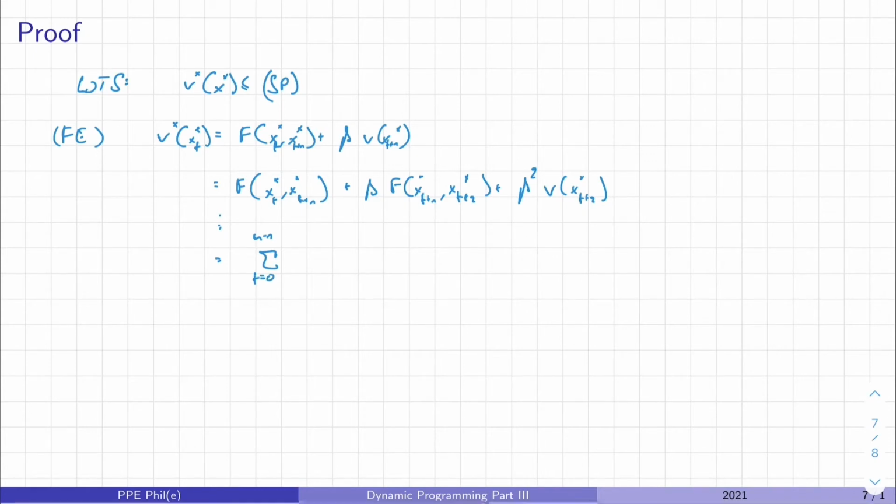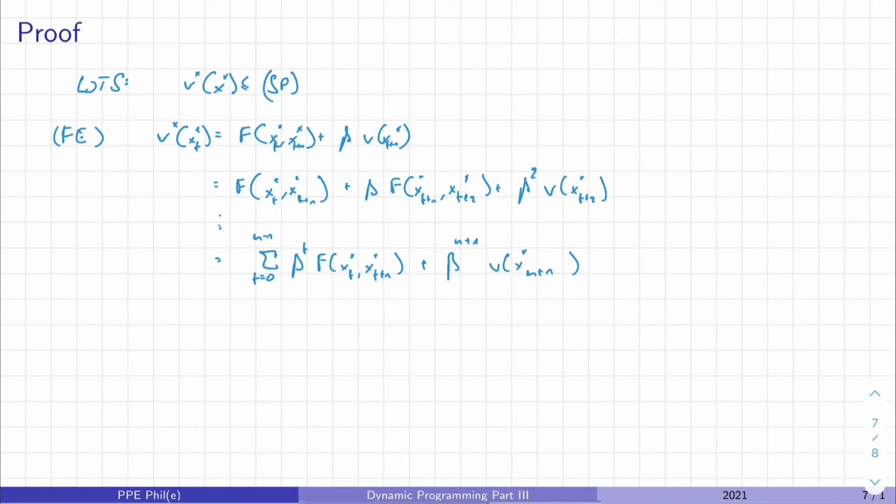the sum from 0 to n minus 1 of beta^t F(x_t, x_{t+1}) plus, and here this is, as before, beta^{n+1} V(x_{t+n+1}). And now, if we apply our lim sup condition,